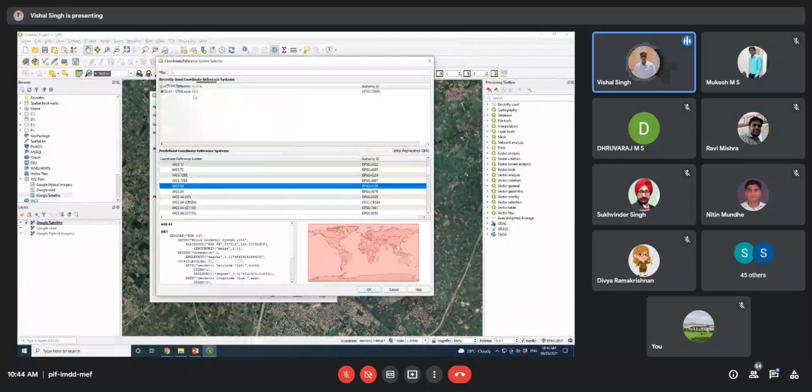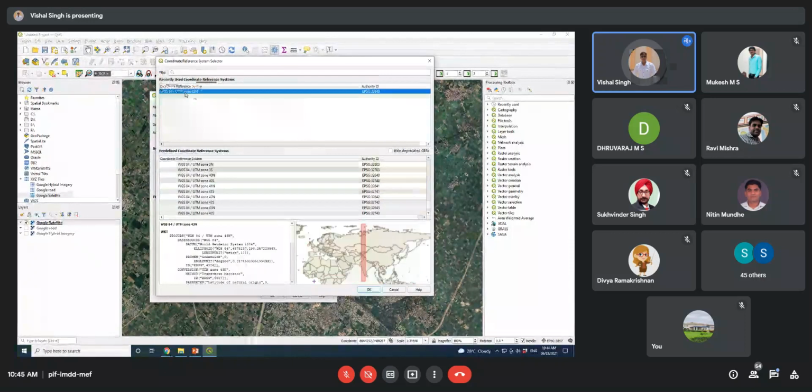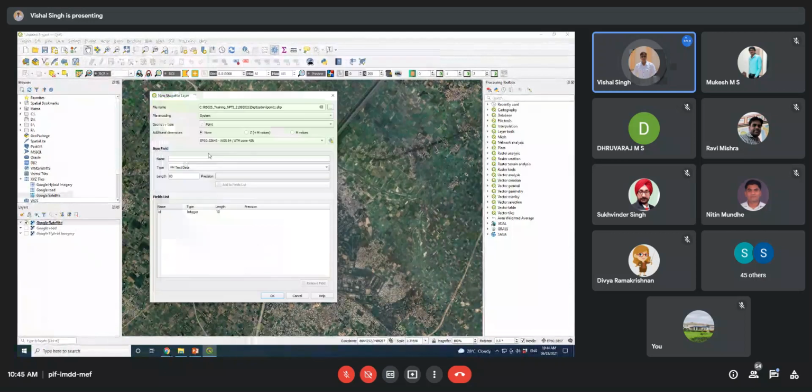Then only will we be able to create the line and polygon shape files, and based on that calculate area and length. So I'm going to select UTM zone 43 and click OK. Now I have selected this projected coordinate system.